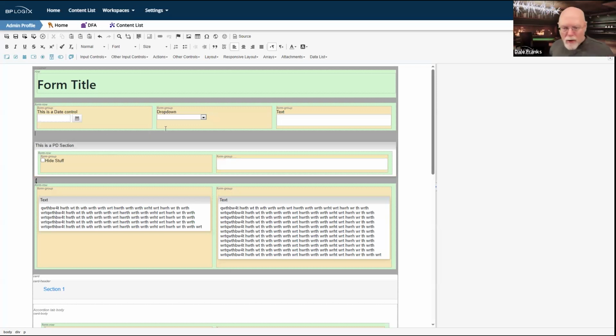section control or like a row control or any other outside container control, because the row and the columns aren't the only container controls that exist in Bootstrap. We'll talk about that a little bit later. There's a couple that I've dropped down here to this form, and we'll talk about them and look at them in a little bit. But on the Process Director side, the section and the embedded section controls are the two major containers.